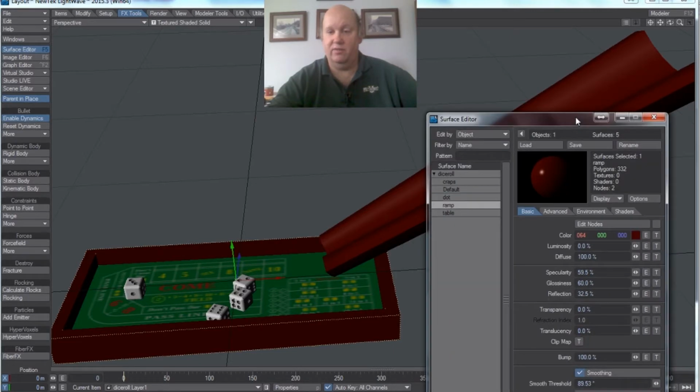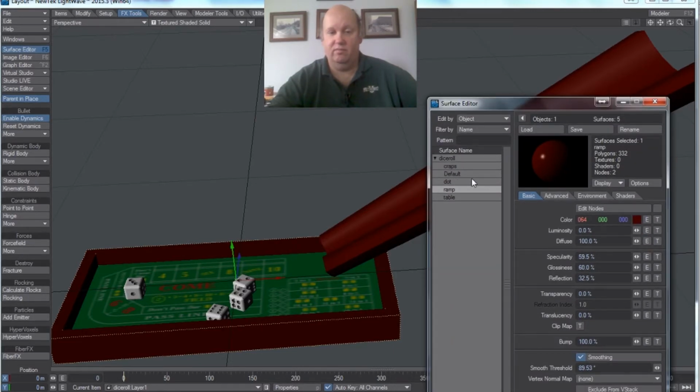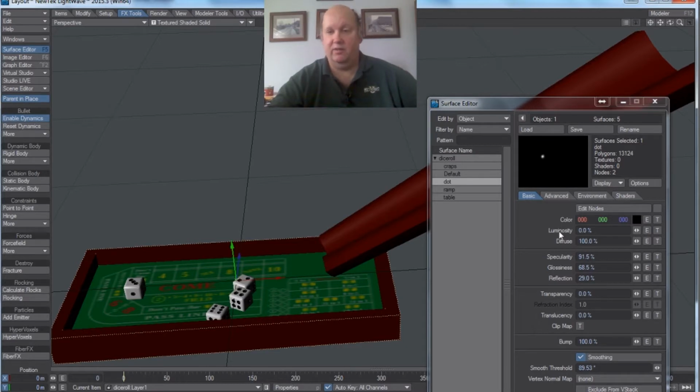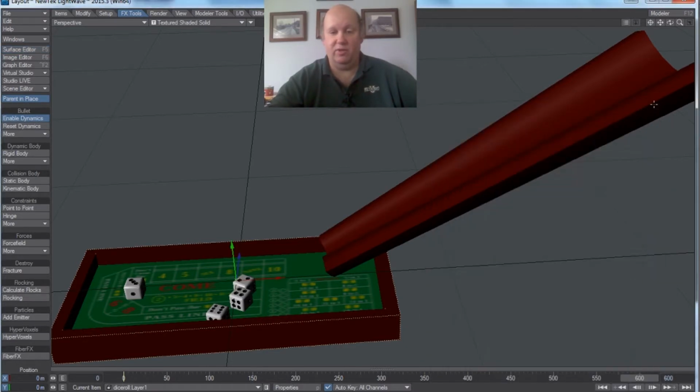And the dice themselves, let's say the dice actually look good, but let's just make sure that that surface has specularity, a little bit of glossiness. Dice kind of do that. We won't make them reflective. Make them nice and smooth. And the dots are fine. Well, actually, let's just make sure that those dots are nice and black. So we're going to make those black dotted dice. And that's basically it. So if we do that, and we scrub through our animation,